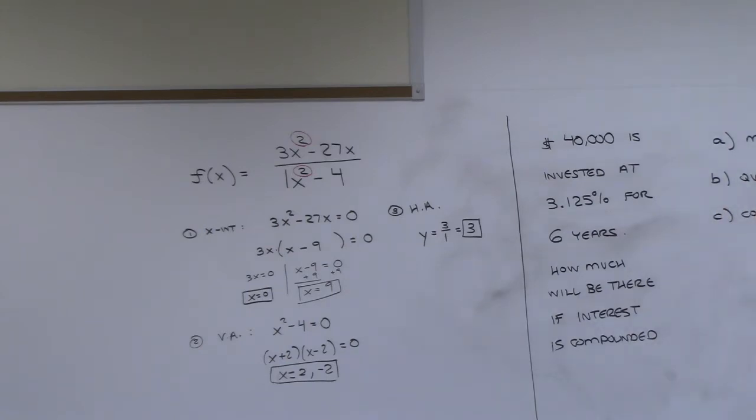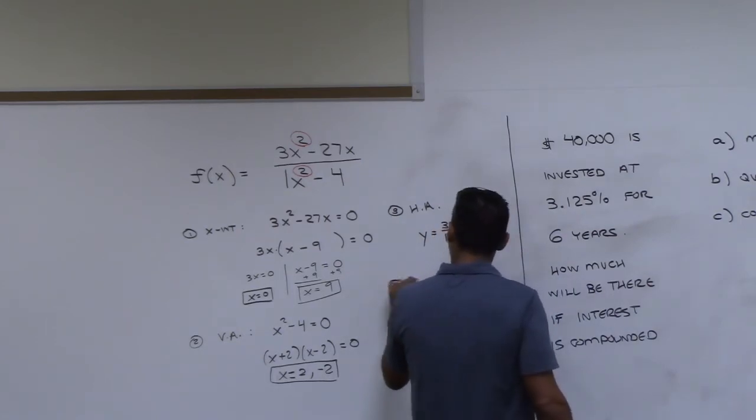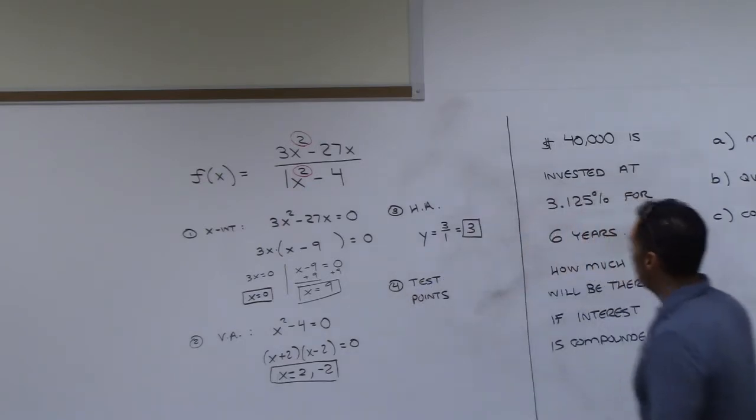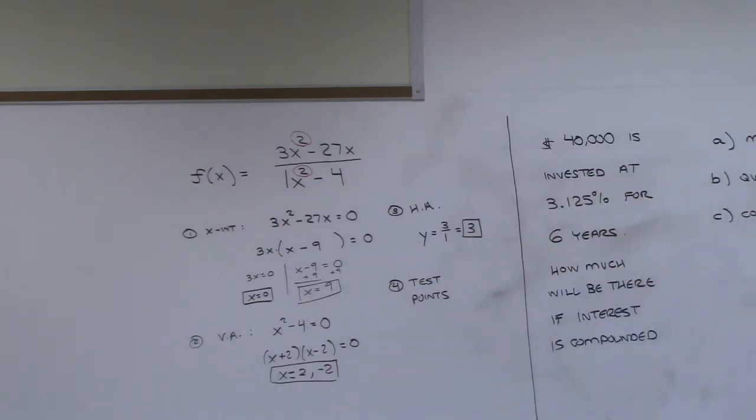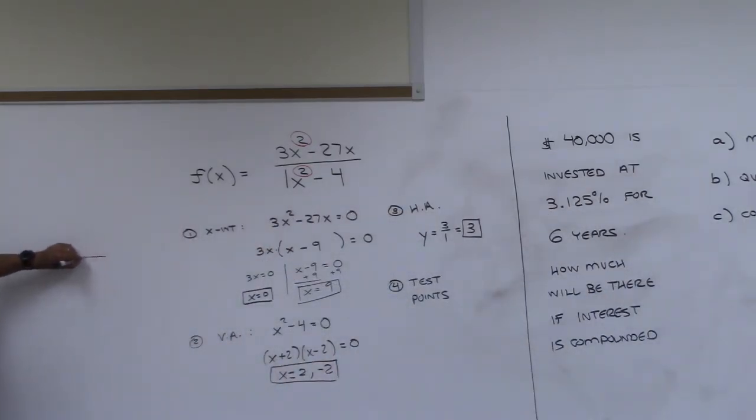All right, so we've got the x-intercepts, vertical asymptote, horizontal asymptote. What was next? Do you have steps? Did you write steps down? Points, yeah. So test points? Yep, okay, so we're going to do some sort of test points. Now to do my test points, I need to kind of start drawing a picture. I'm going to start drawing my picture over here. Now this is not going to be on camera, but I'll move the camera in a second. So here's my XY axes. All right, let me start putting some information down here.